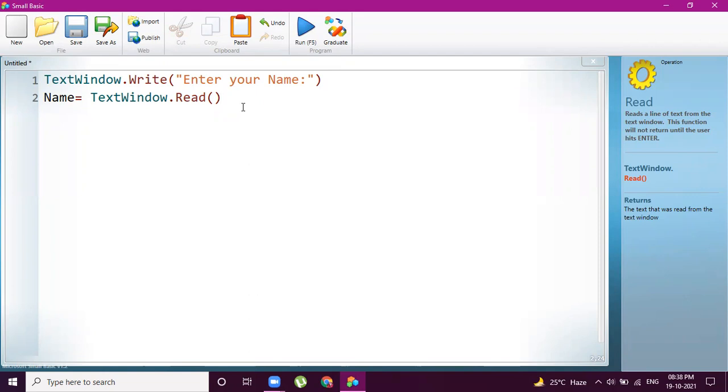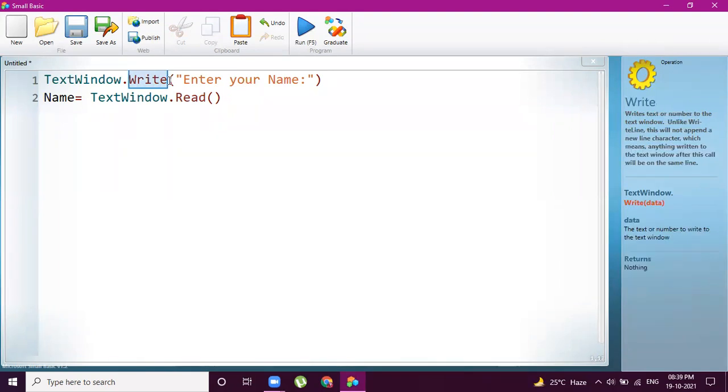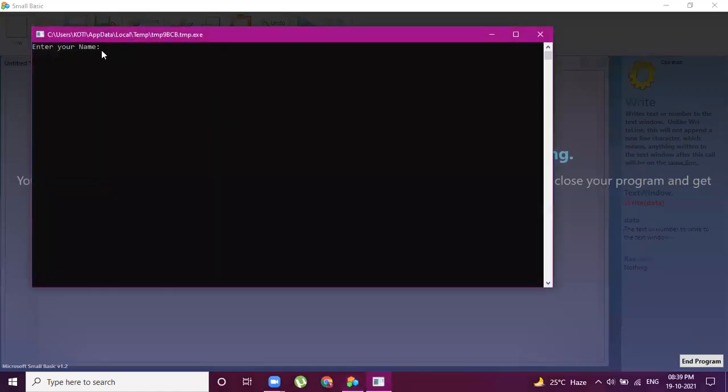But before explaining those points, I want to clear one important point: there are statements called Write and WriteLine. If I use the Write statement, your cursor will be placed on the same line. You can see the cursor blinking on the same line and here you are able to type your name.